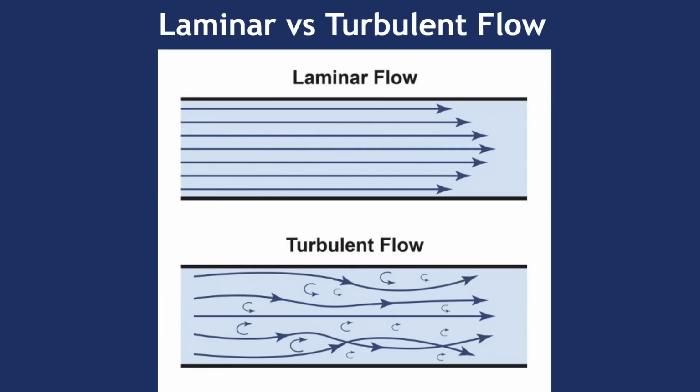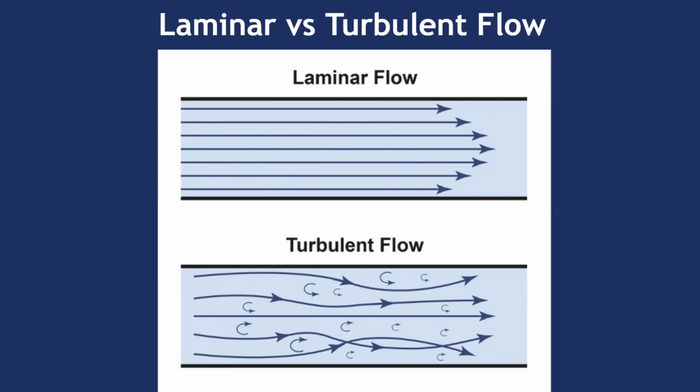Now, that issue becomes less and less severe as we go out into the middle of the pipe. And so as a result, what we find is that the flow of water is highest in the center of the pipe. Now, if we look at that in contrast to the turbulent flow diagram in the bottom, we see